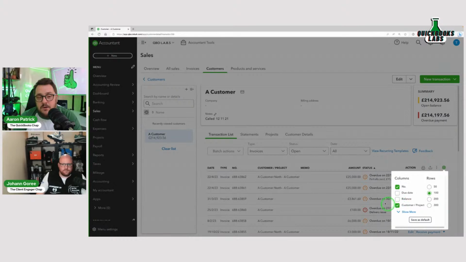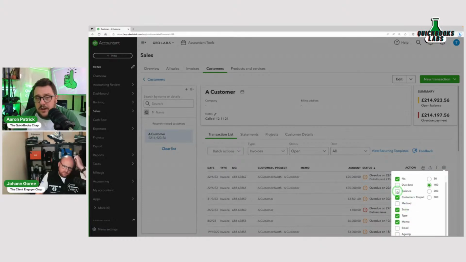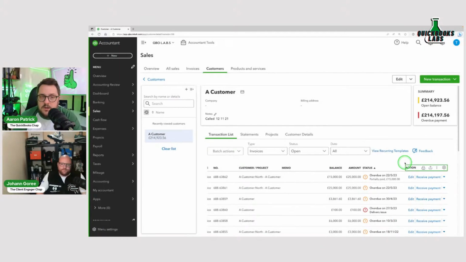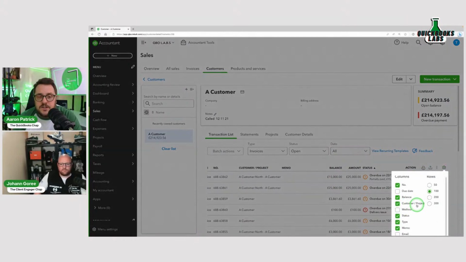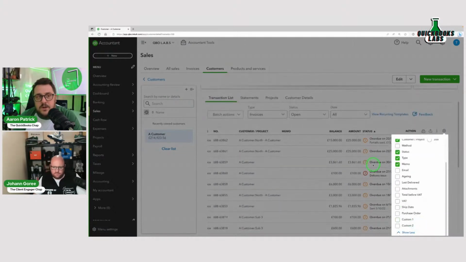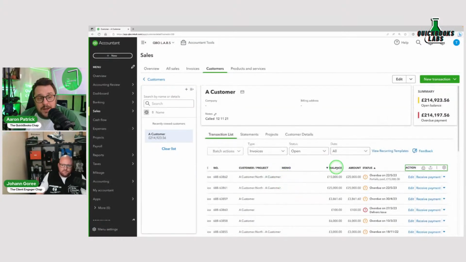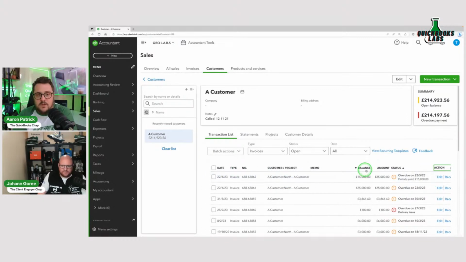There are options now as well to customize what's at the top here. So I can put more options in here than we've ever had before, including the balance options, which was one of those that was just ludicrous why it wasn't there originally. But now we can have the balance there. We can see what's going on. I've heard a little rumor they're looking into the option to move these around as well. That's one of the next steps coming in. I think that'll be a nice one, so that we can make sure this is working as intended.